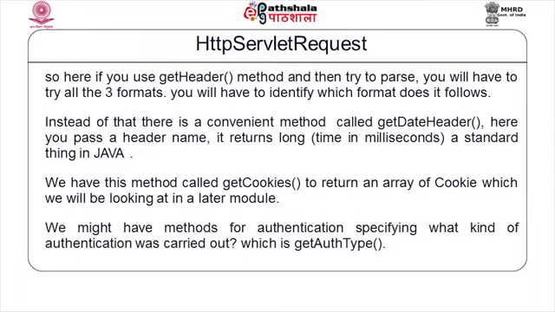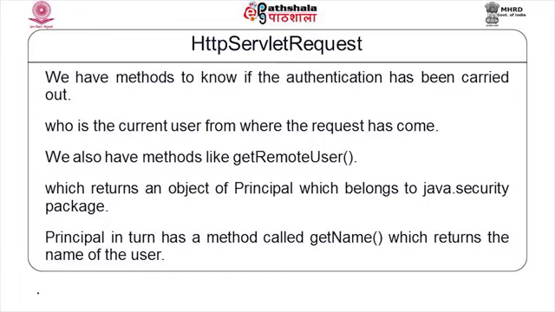We have methods for what kind of authentication, if any authentication has been done. So, we have getAuthType, to know what kind of authentication was carried out. Who is the user, who is logged in, the current user, from where the request has come: so, we even have methods like getRemoteUser, or getUserPrincipal to return an object of Principal, which is part of